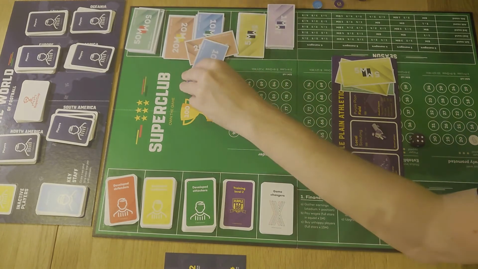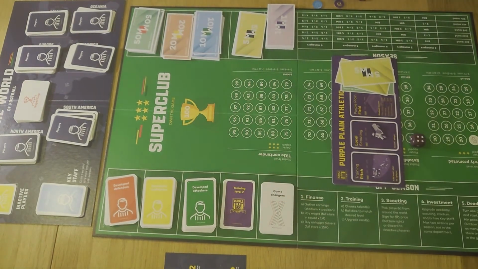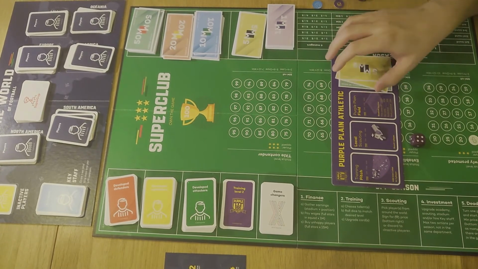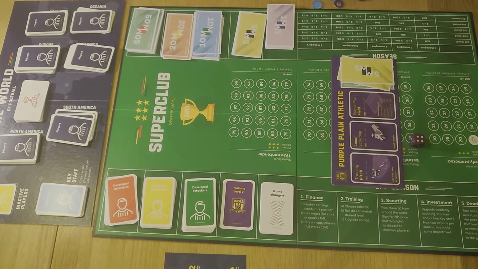There we go. Oh, I messed the money up. Knew that would happen. Okay, so that's scouting done. The 4th stage is your investments. Now there are 4 different things you can do in this phase, but each turn you can only do 2